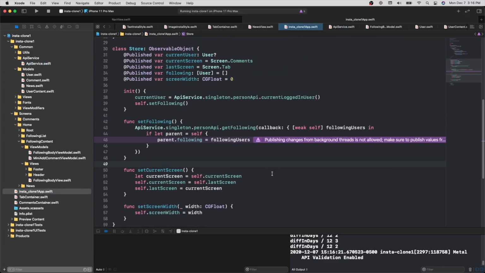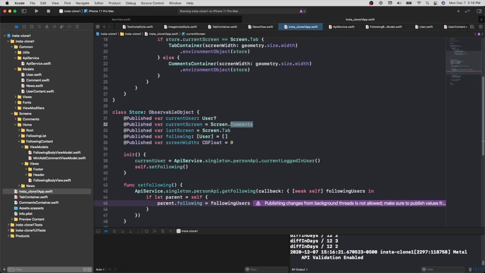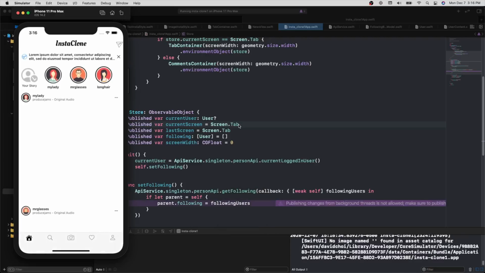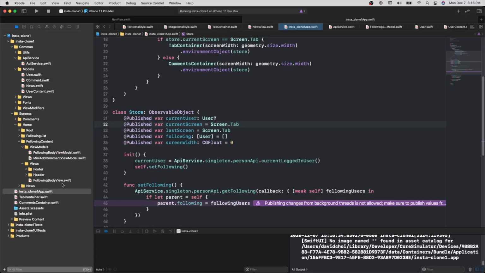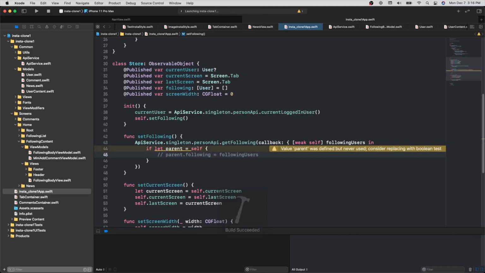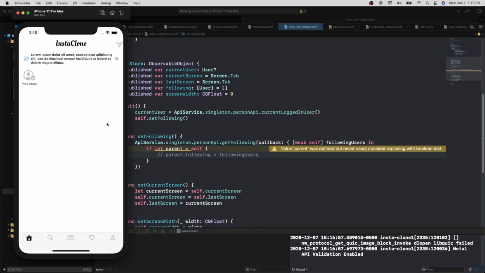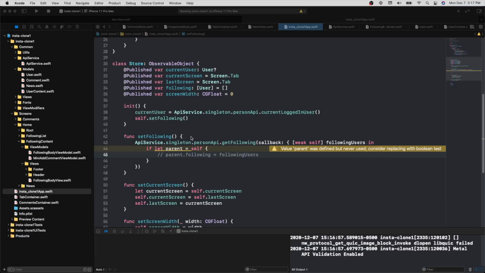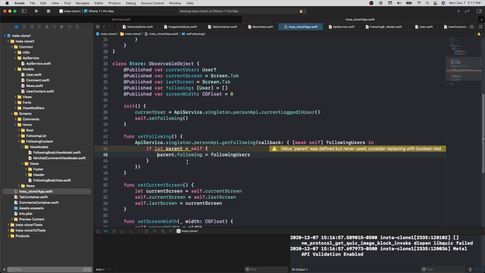Okay, so to get our tab screen, we have to update the current screen. Yeah, so this is all coming in from the database right now, just to be clear. We're going to make this change for the blue warning in just a minute. So if I were to null that out, you can see nothing is loading, because again, all of this data is coming from the back end. So if I undo this,